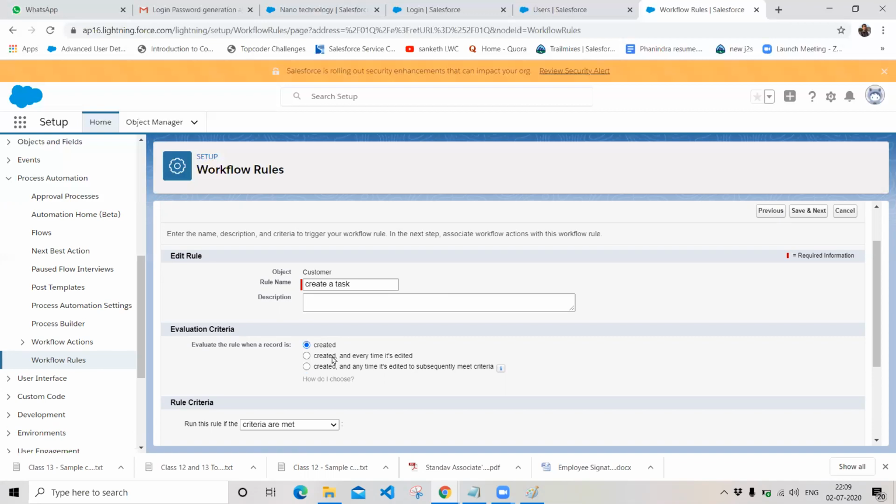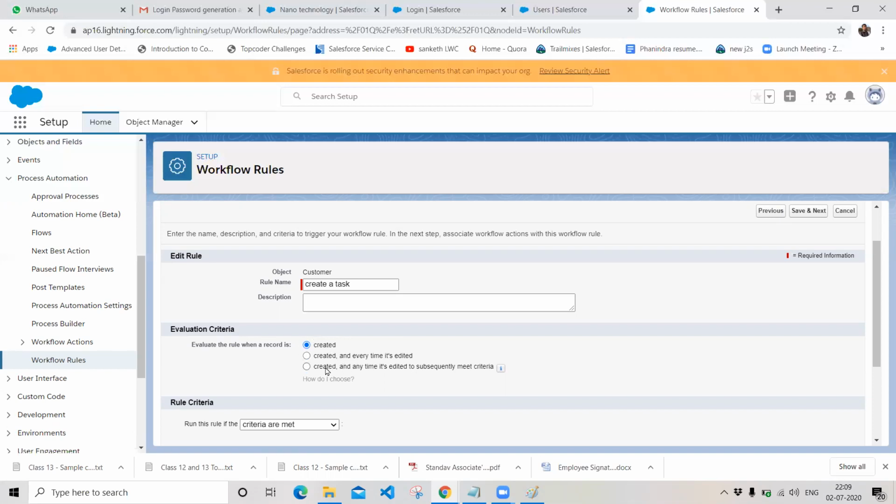Or if you want to make your workflow rule fire whenever a record is created, and at the same time whenever a record is edited, if the values in the record are edited and I want to perform a specific action, you can choose the option created and every time it's edited. This is called evaluation criteria.